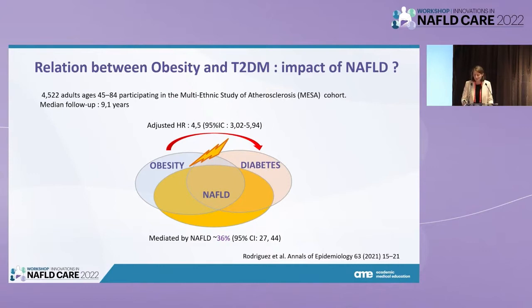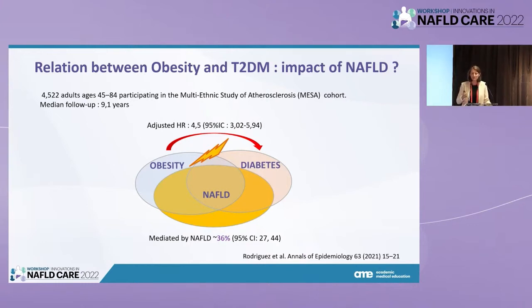And what they did is they showed that patients at baseline with obesity have an increased risk of developing type 2 diabetes, with an odds ratio of 4.5. And through statistical assessment, they were able to determine that the effect driven by the presence of NAFLD at baseline, assessed with CT scan, was approximately around 36%. So not that much. 36% of the incident cases of type 2 diabetes could be mediated by the presence of